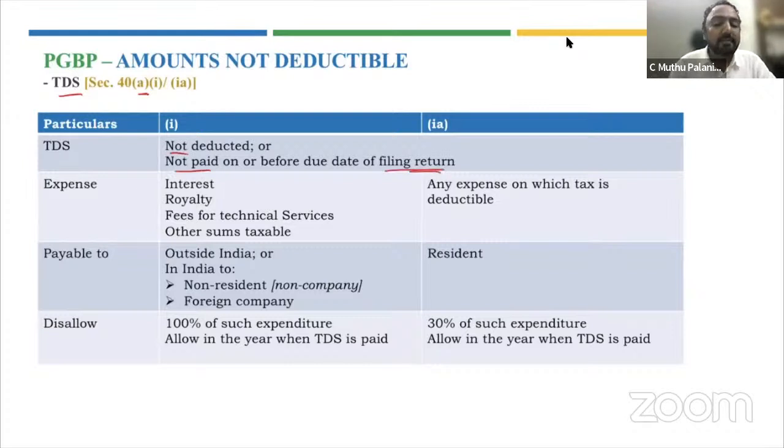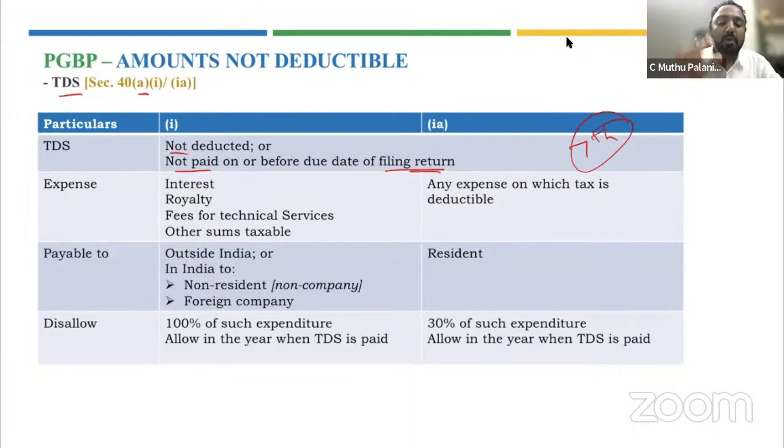So what is the due date? Due date of filing return. The original due date of TDS is the 7th of the subsequent month. So for September, it is October 7th. For October, it is 7th November. So that is how the due date is. But what it says here is not deducted or not paid on or before the due date of filing return